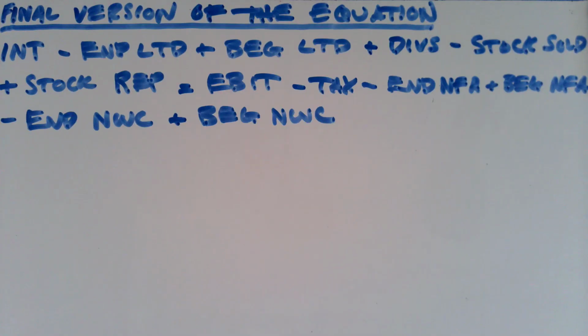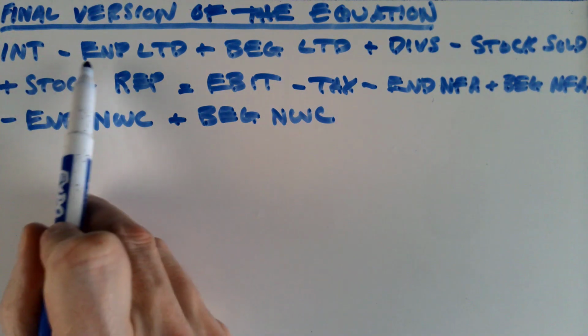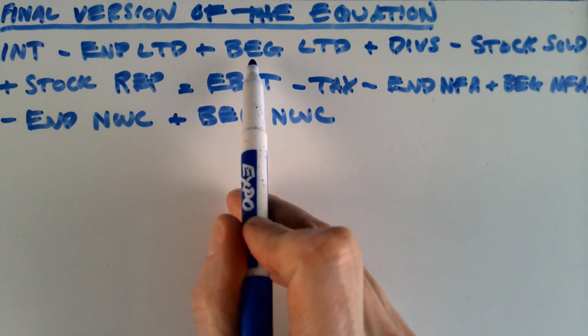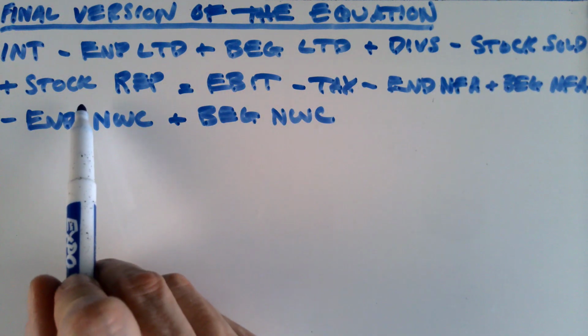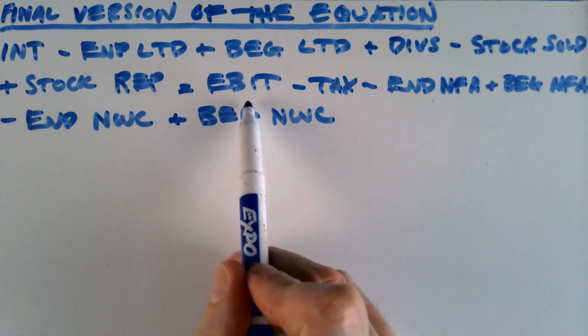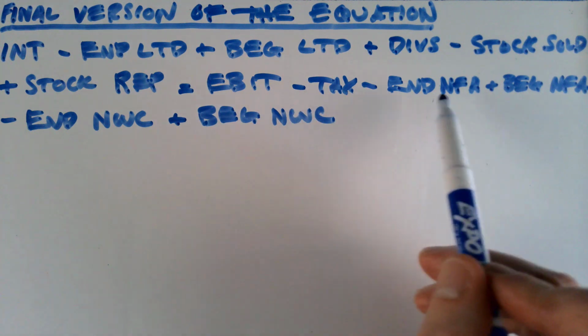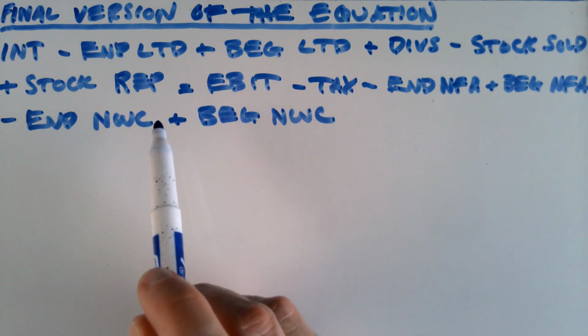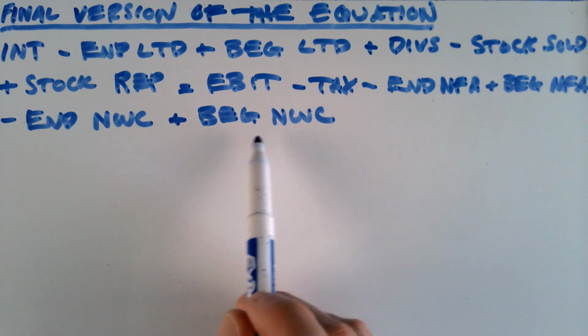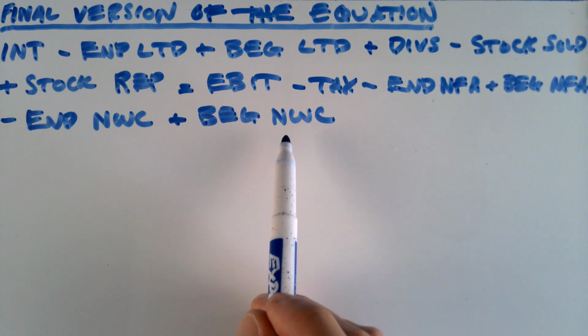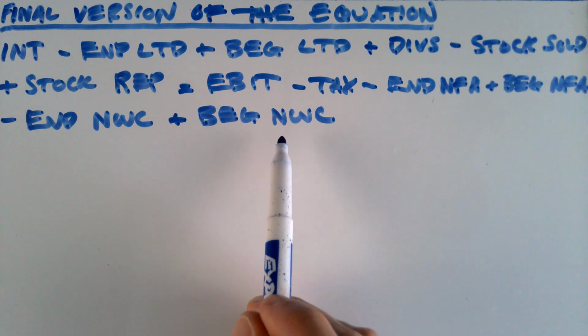Here we have our final version of the equation once we've distributed the signs and canceled out terms that can be canceled. It is simply interest minus the ending long-term debt plus the beginning long-term debt plus dividends minus stock sold plus stock repurchased is equal to the earnings before interest and taxes minus the ending net fixed assets plus the beginning net fixed assets minus the ending net working capital plus the beginning net working capital. Wow. That is a long equation,